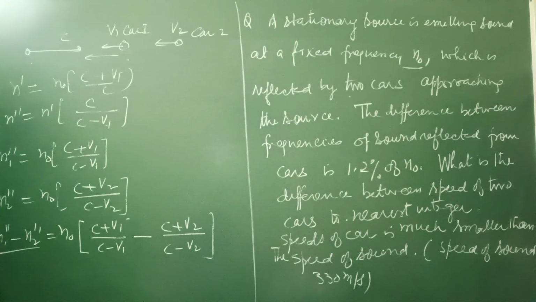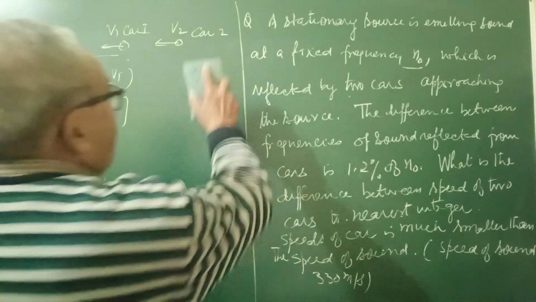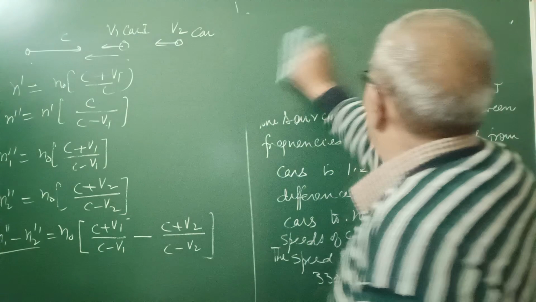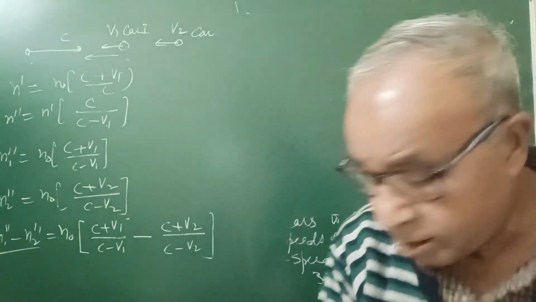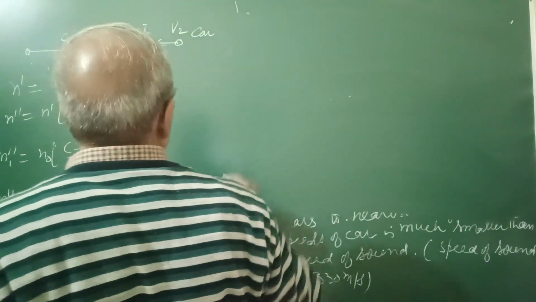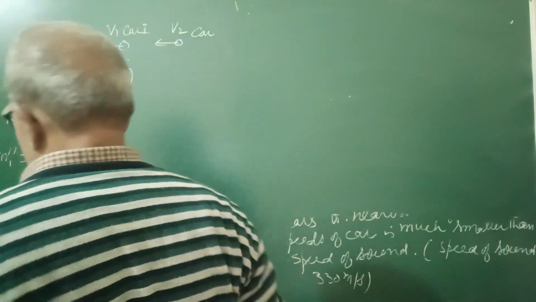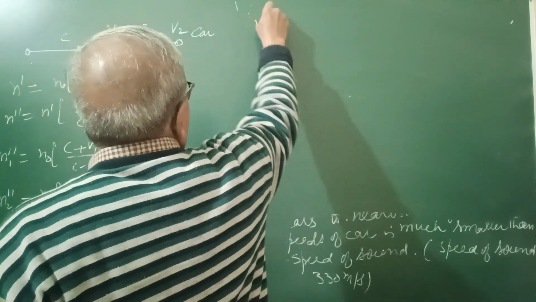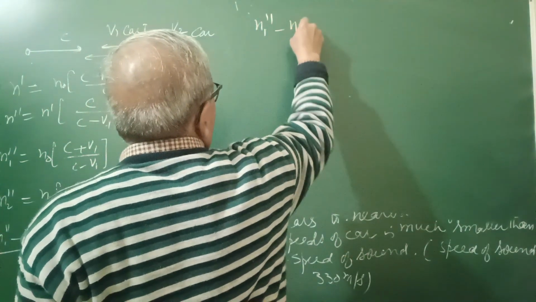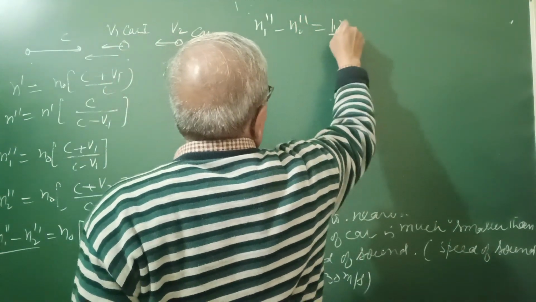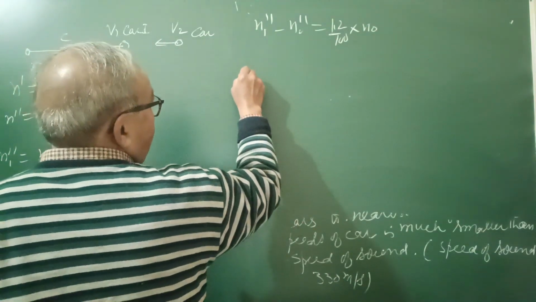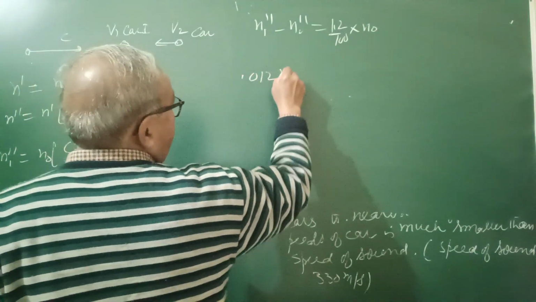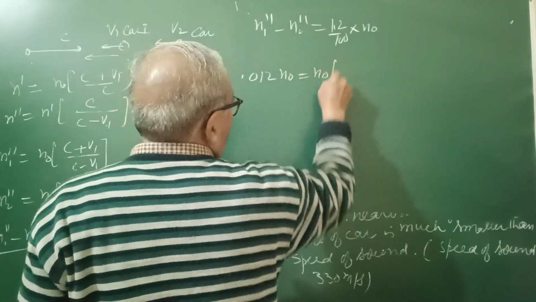This difference is 1.2% of N0. I will take it later on. I will rub this. N1'' minus N2'' equals 1.2 upon 100 of N0, that is, 0.012 N0 equals N0 into,